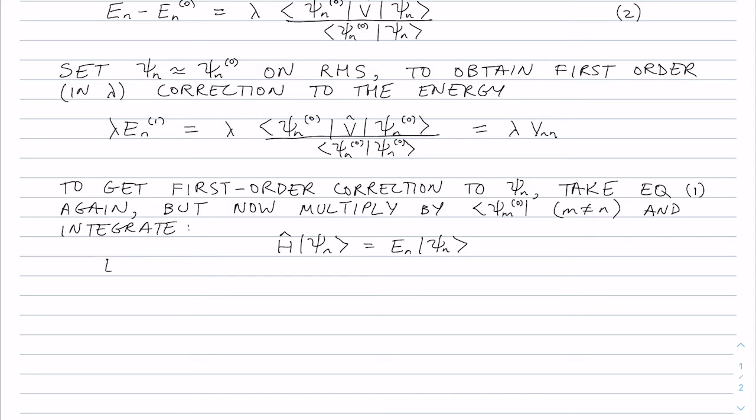So I'll have E_n <psi_m^0|psi_n>. So that's the right hand side. We're just swapping the right hand side and the left hand side here. That's got to be equal to <psi_m^0|H|psi_n>,